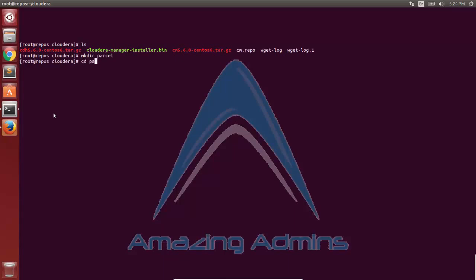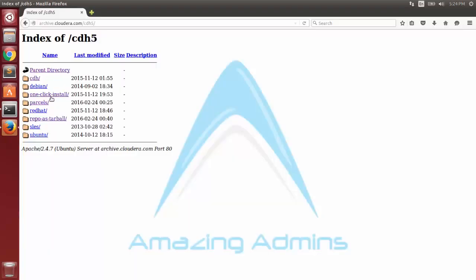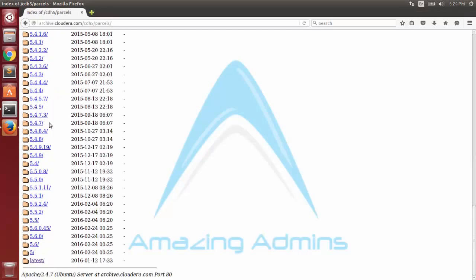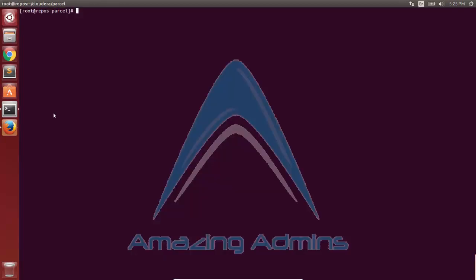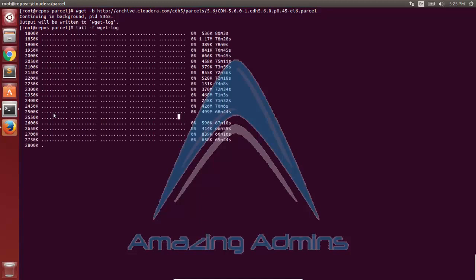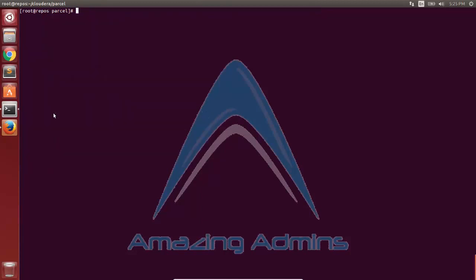Now I'll begin downloading the parcels. As you see, we can install CDH using parcels or RPM. The CDH which I downloaded as a repo was an RPM package, which can be used by yum. But normally, installing Cloudera using parcels is preferred. That's the reason I'm downloading parcels also. So I have put the parcels on download. It's better to use parcels because Cloudera gives that by default. We can even use RPM to install. As you see, the download has begun here.